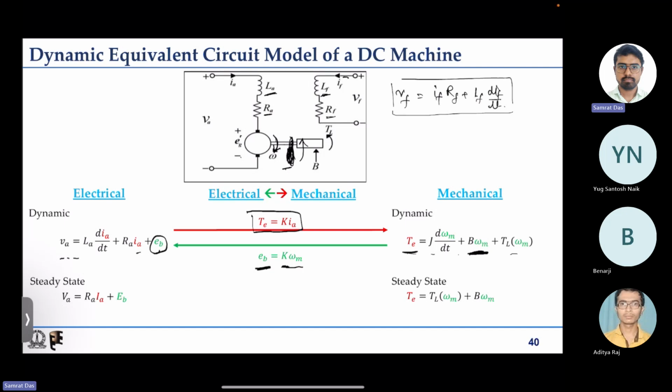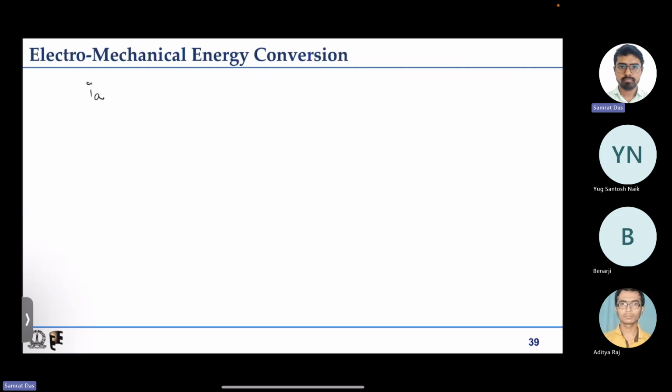So electromechanical energy transfer is nothing but how a variable in the electrical circuit, namely Ia, is related to the electromagnetic torque, and how a mechanical quantity, say omega m, the mechanical speed, is related to the back EMF. So this is the electromechanical energy conversion. And how are they related? If we remember,